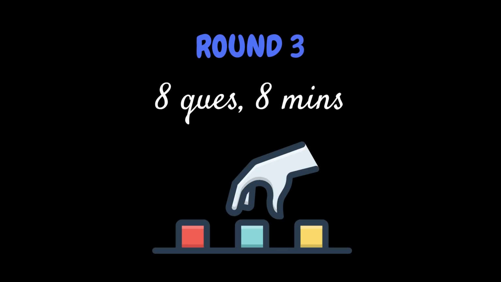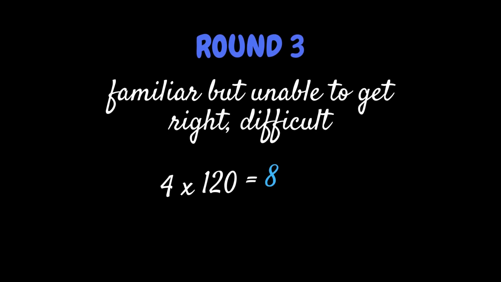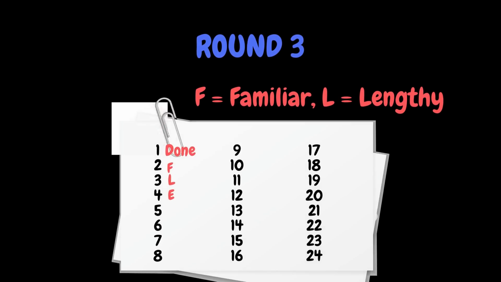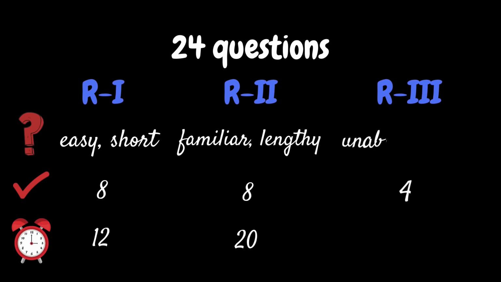So let's say out of those 8 remaining questions, you are only able to solve 4 more questions, which are probably the questions that were easier but you could not solve, or were of a nature wherein you were familiar with the trick but you were not able to recall it at the moment. So start with them first and attempt 4 more questions, taking the total number to 20. If 4 is the attempt that you are aiming at in this round, then you will have 2 minutes per question. So in this round, you can flexibly choose what 4 questions you will target and attempt them based on what you would have observed in round 1 and round 2 and noted on that piece of paper. And this will take your total tally to 20 questions.